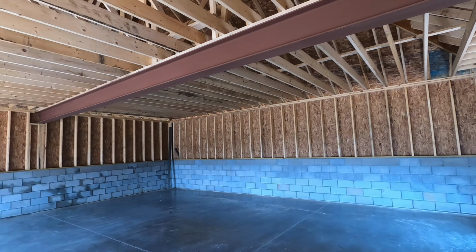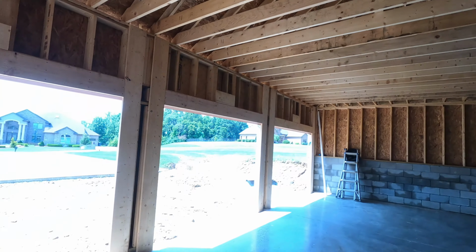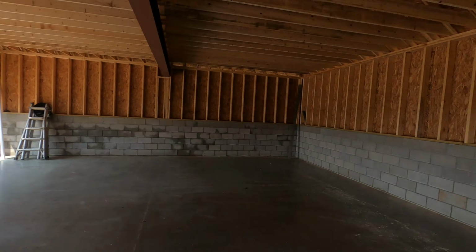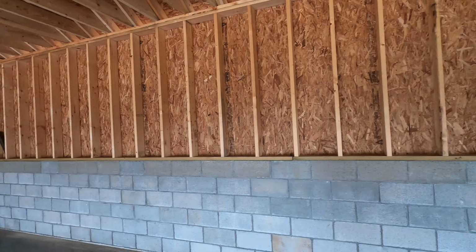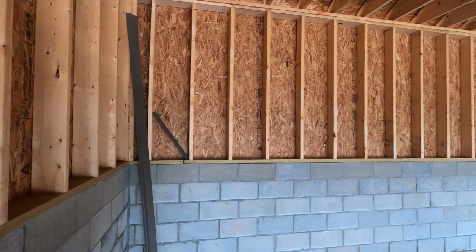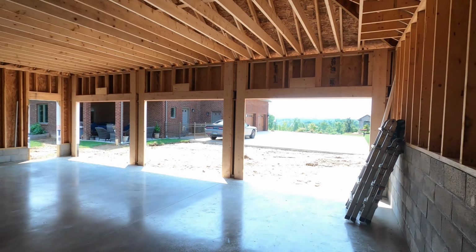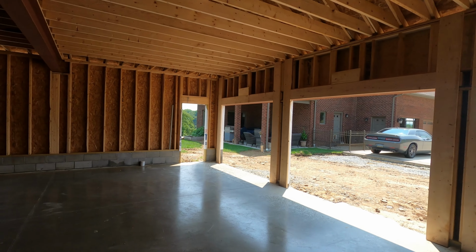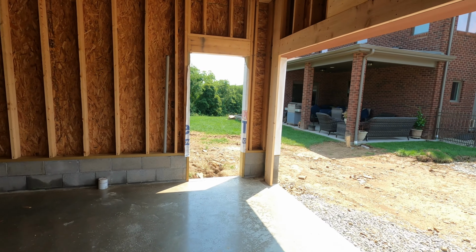Well, the garage is fully framed out, including the roof and all the garage doors. So now we can kind of get an idea of how big this thing is going to be. And it looks like we should have plenty of room for shenanigans in here. So if we take a walk through the man door opening over here,